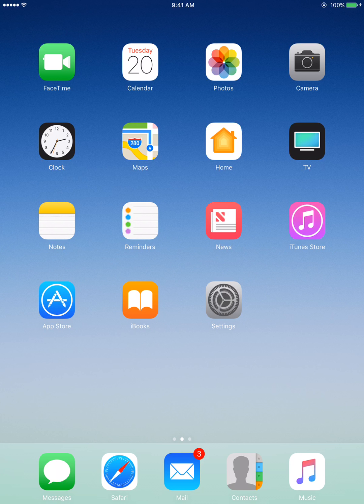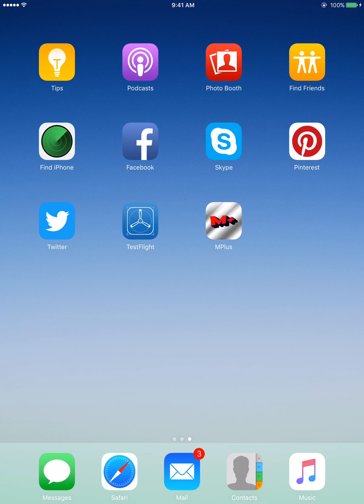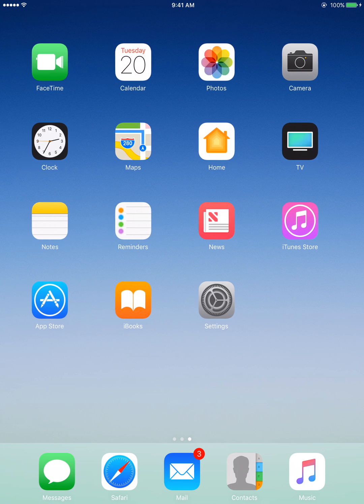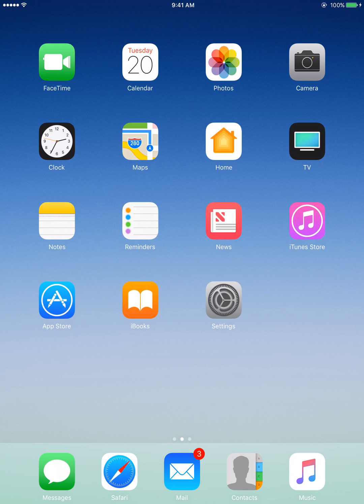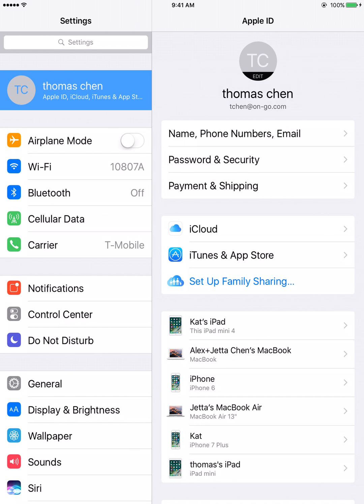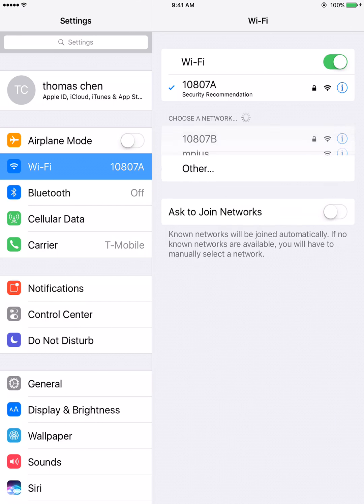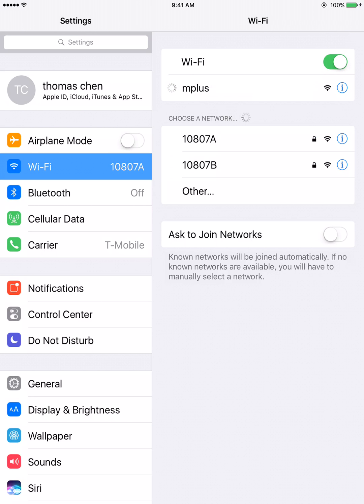Okay, now we are going to demonstrate how to use the M Plus iOS app. The app has been downloaded on this iPad, which is right here. The first thing we need to do is go to Settings and associate with M Plus